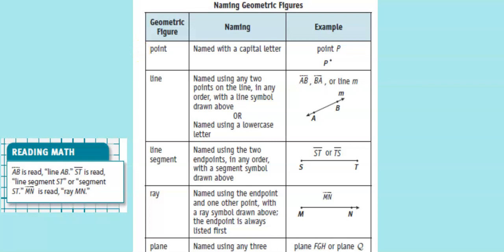So if you're going to name a point, you have to use a capital letter. Just a rule, you have to use a capital letter. If you are describing a line, you have to pick any 2 points, so any 2 capital letters in any order with a line symbol drawn above it. So if I have this line here, you can call it line AB. This is an arrow, BA. If I have this line,